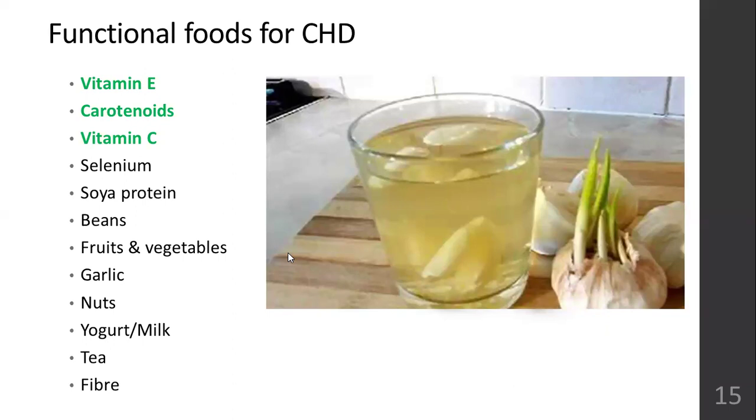Then garlic. It has been proven, some studies have been done, which prove that garlic can reduce your cholesterol level slightly. It will not cure cholesterol issues. It will not cure your heart disease. Remember that. But it can bring it down properly, especially if you are in a borderline cholesterol area.